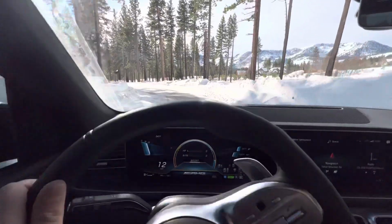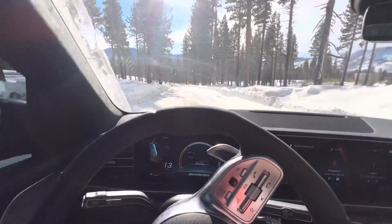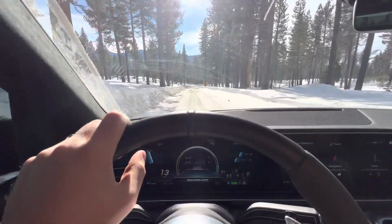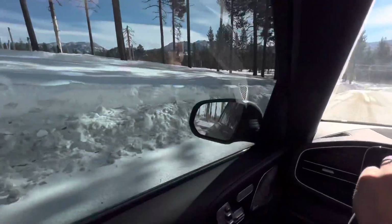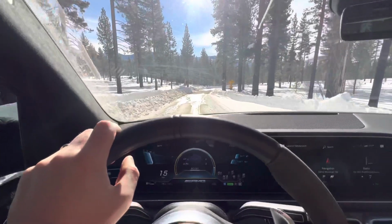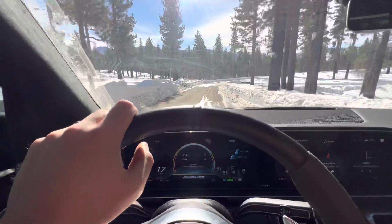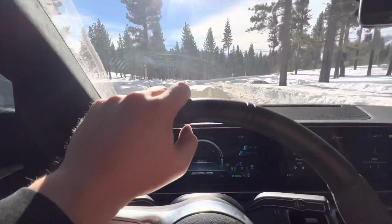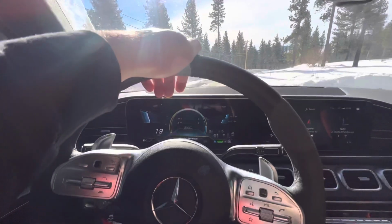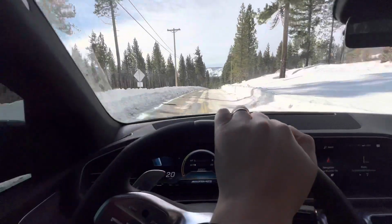I was trying to turn for the first time when I got into these winter conditions, and it was a sharp turn, and I couldn't make it. I basically just drifted off and almost hit this wall of snow. I didn't hit it, luckily. I wasn't going too fast, but I couldn't control the car, and it was just going on its own. So overall I'm happy with how comfortable it gets driving in the snow,